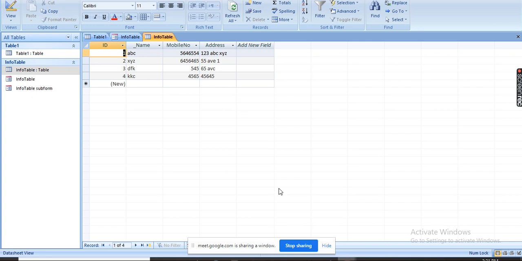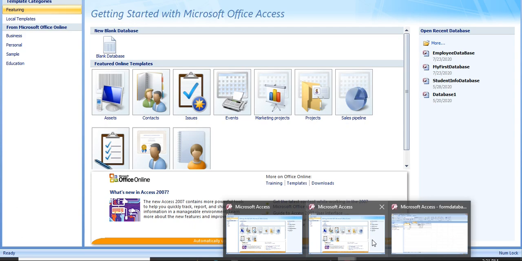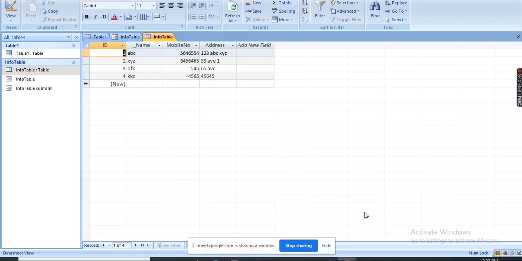Sir, the screen is not coming and your voice is also breaking. Okay, the sound is breaking, but it might be a system issue or network issue, right? So